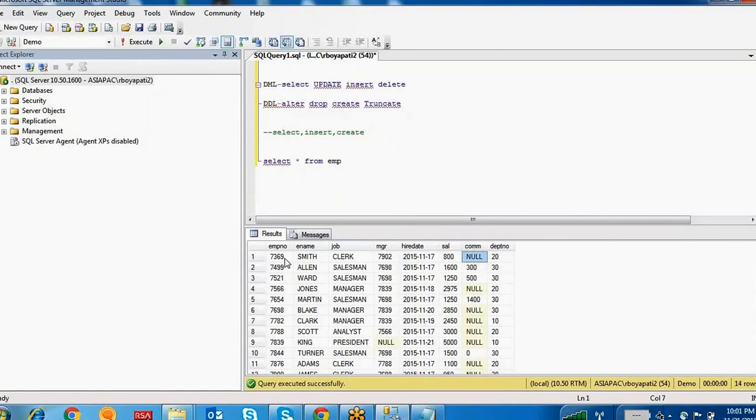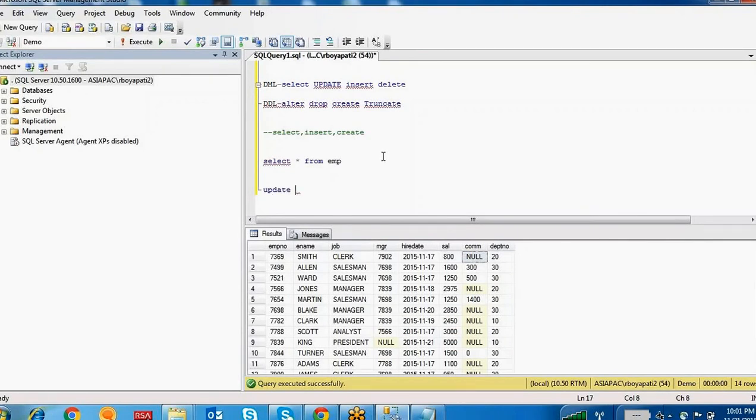Whenever you were inserting this employee information, you didn't know the commission, so you did not insert any value. Now you know his commission. If you want to update the commission for employee number 7369, how can you update? By using the update statement.